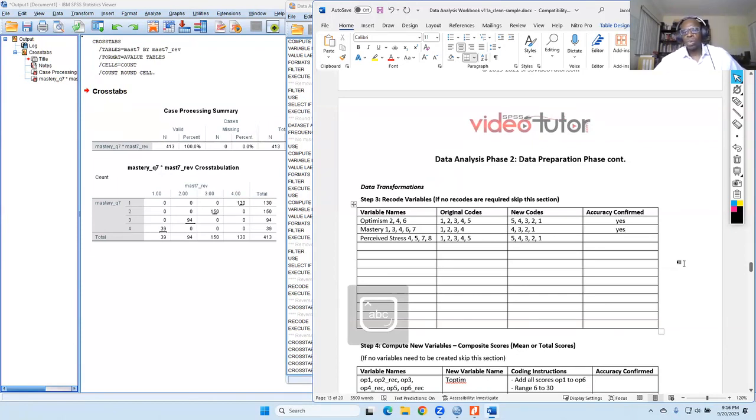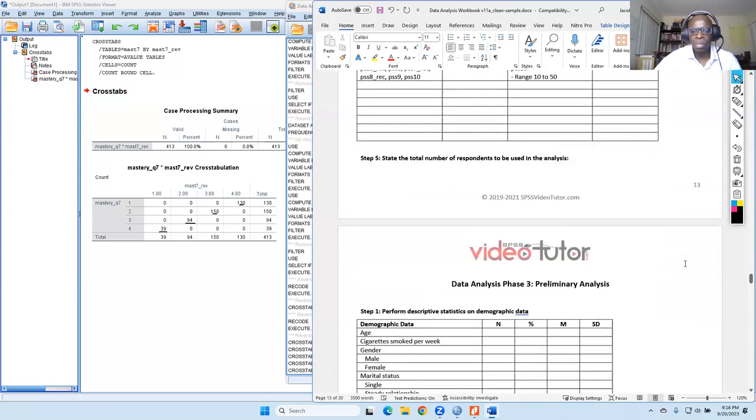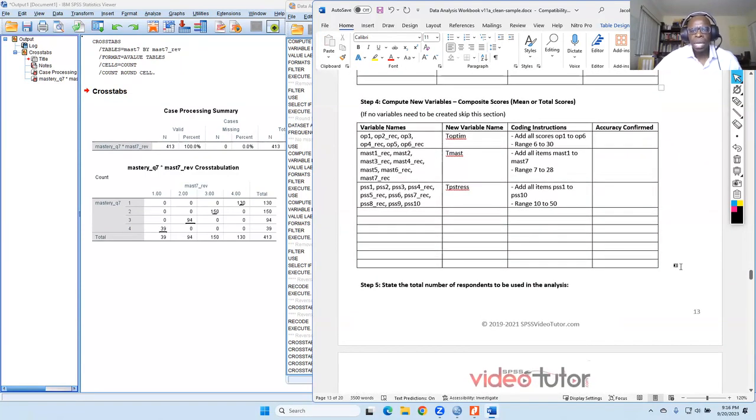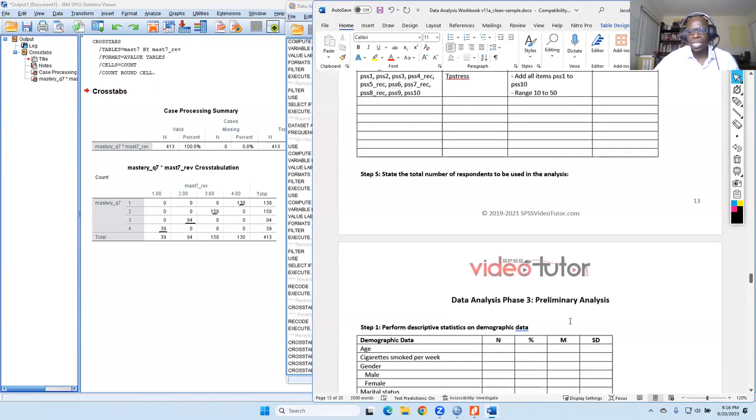All right. So we'll continue with perceived stress tomorrow, and then we will conclude with this section, and then we'll start preliminary analysis tomorrow as well. Now, preliminary analysis is when we start running descriptive statistics on our demographic data, and we start testing the assumptions of the statistical test. All right.